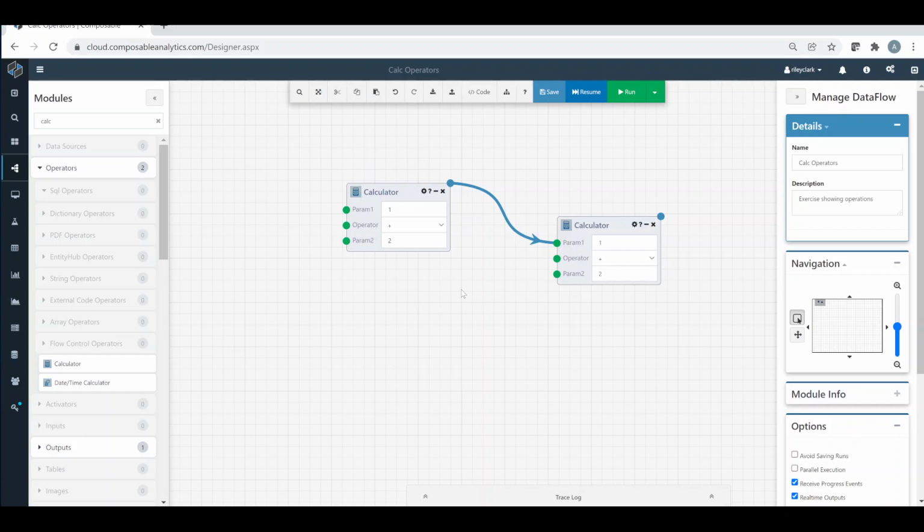Let's add another calculator module to the canvas. Again, we could do that by dragging and dropping the calculator module from the module palette onto the canvas, but in this case, let's use the module's context menu. If I right-click on the module itself, I am presented with a context menu with several choices. One of these is to duplicate the module. So let's click on Duplicate and we'll get a new calculator module on the canvas, and I can rearrange it